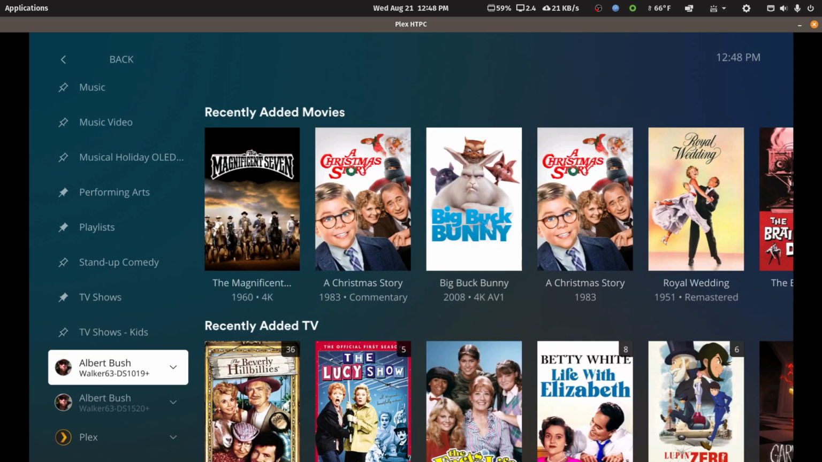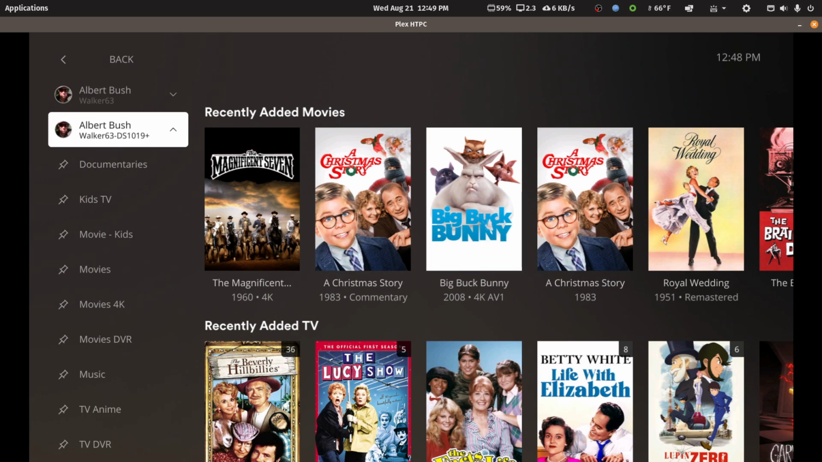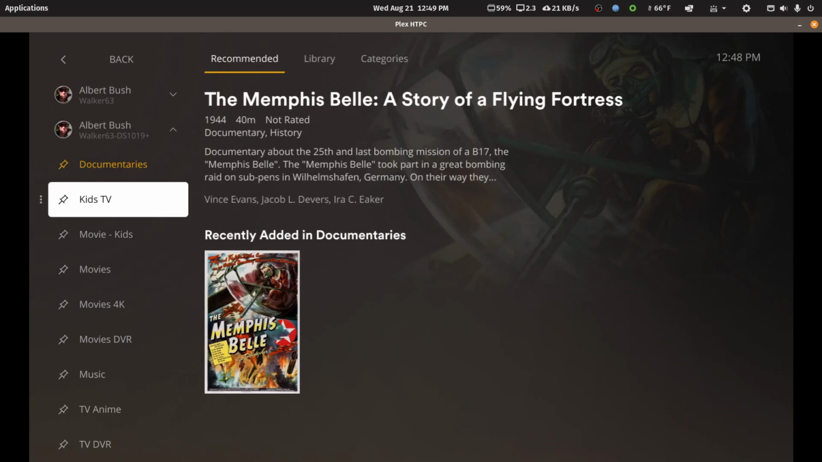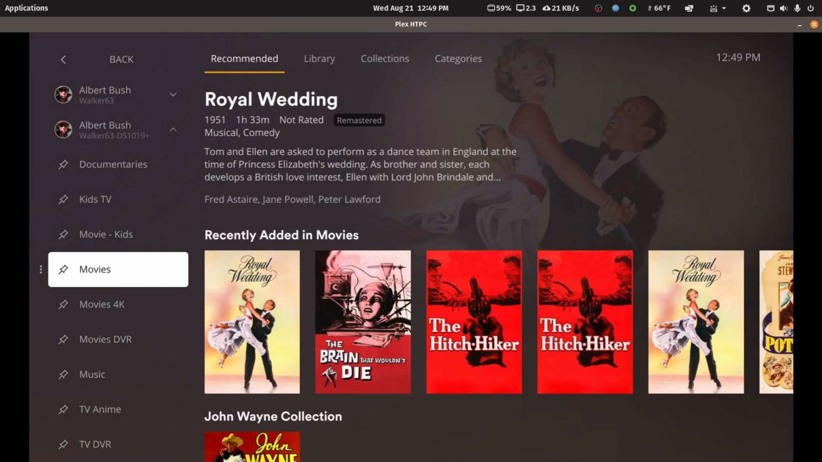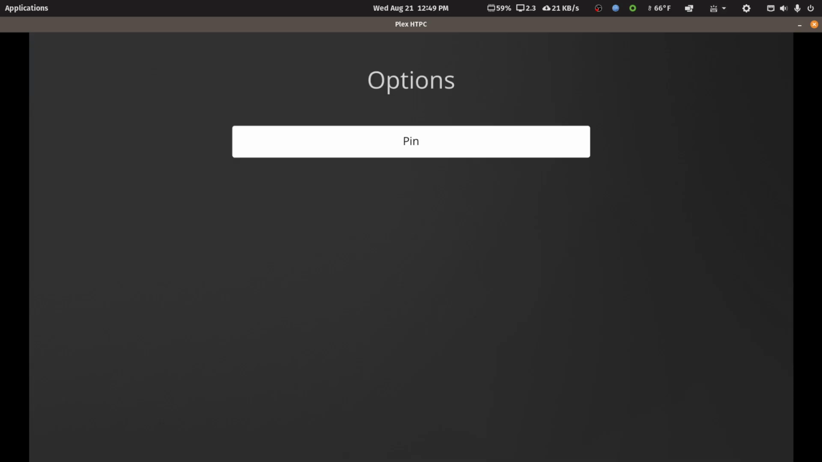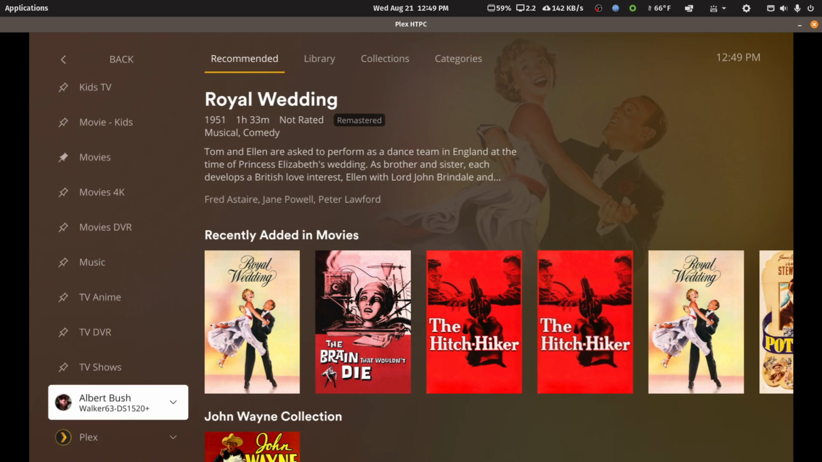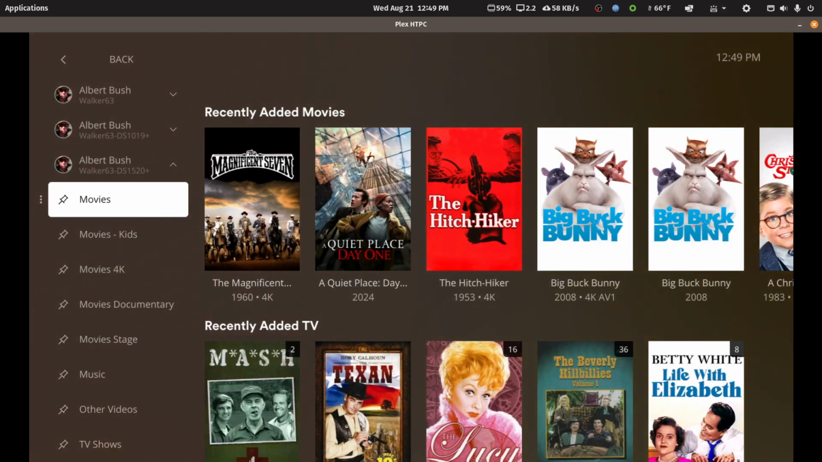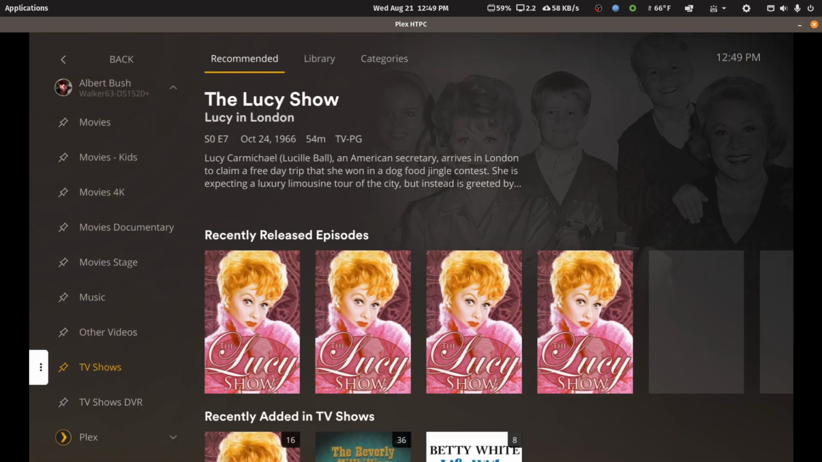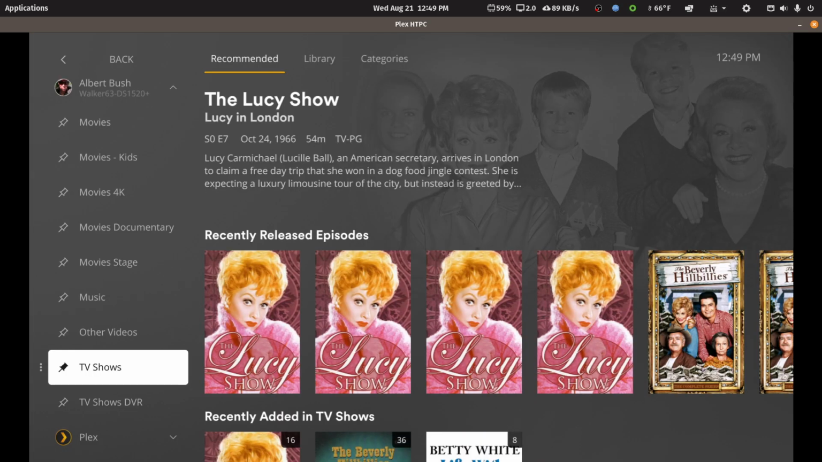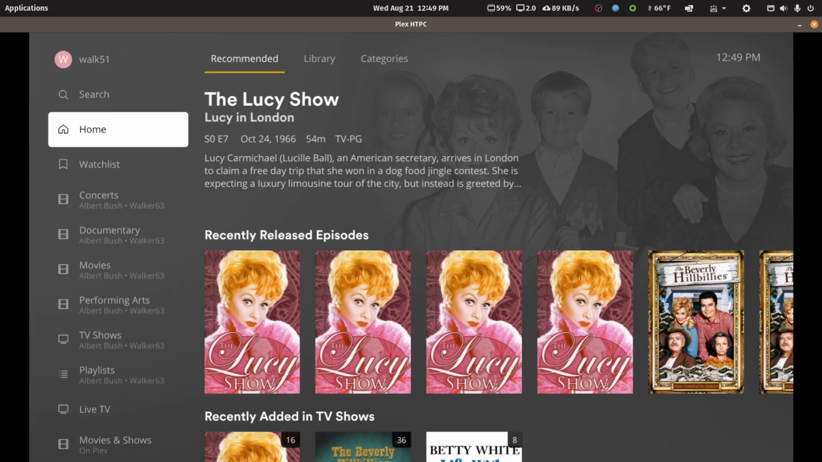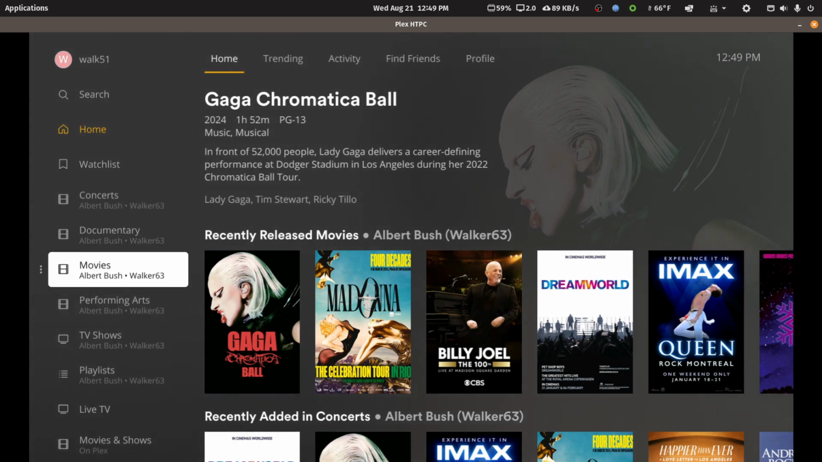So now that I have the connection to these servers, I can expand it. And if I want to, I can pin anything I want. So let me pin the movie library from this server. And I'll drop down and expand this other test server. And now I'll pin the TV show library. If I back up, now at home,